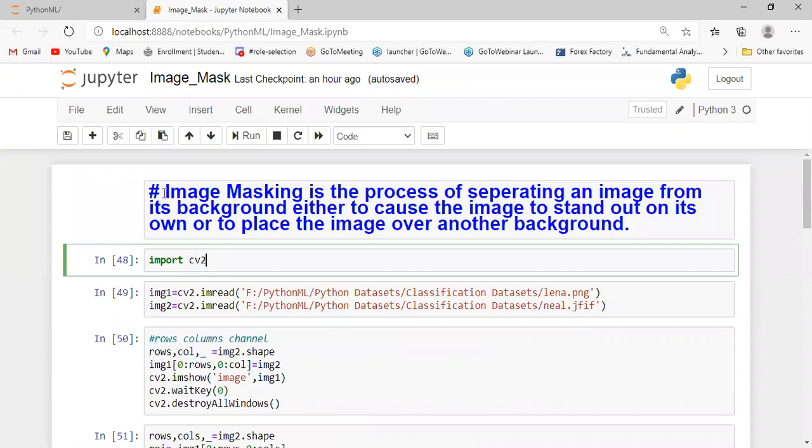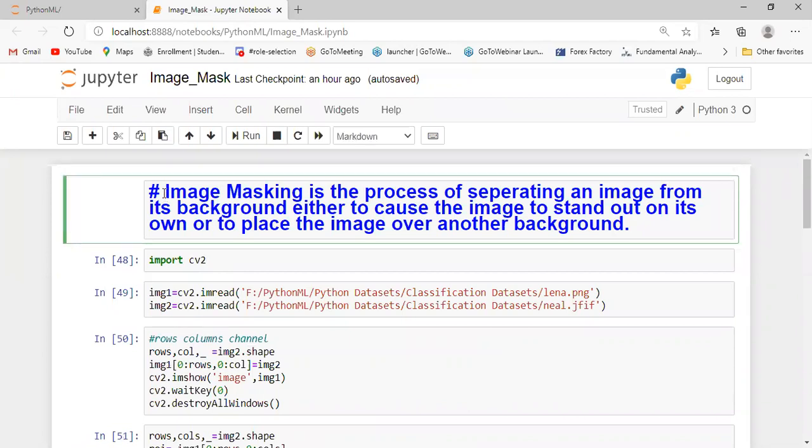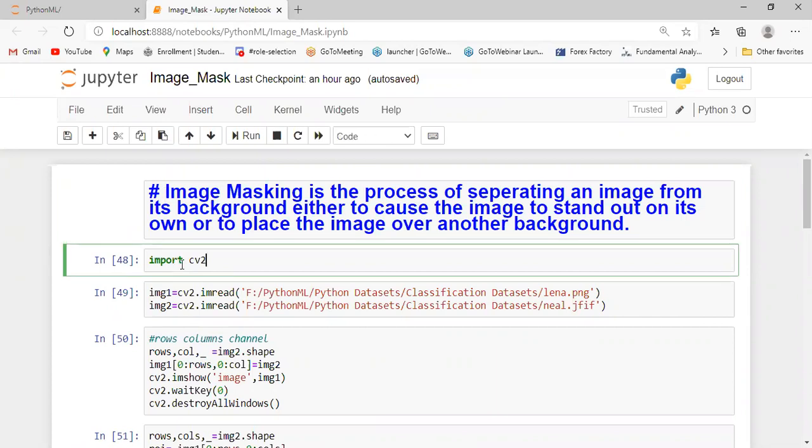In the notebook, we implement image masking, the process of separating an image from its background, either to make the image stand out on its own or place the image over another background.